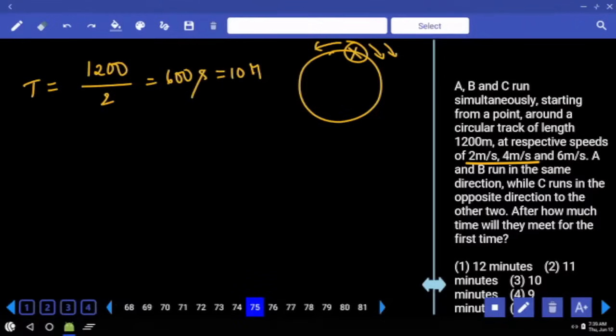Come on. If all 3 people are together, first 2 also should be together. First 2 people can meet each other only at an interval of 10 minutes. So answer can be 10 minutes or